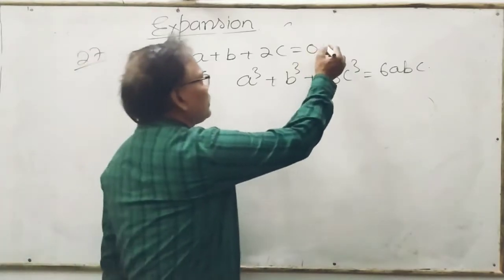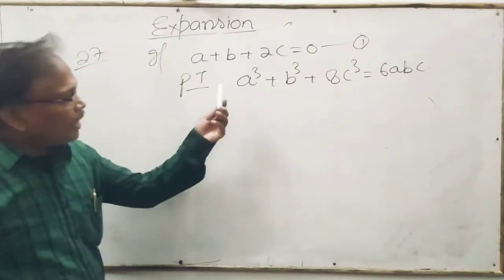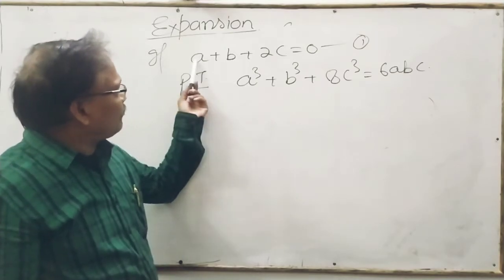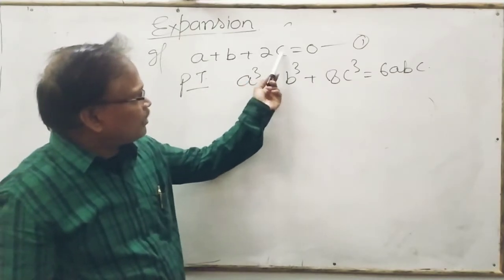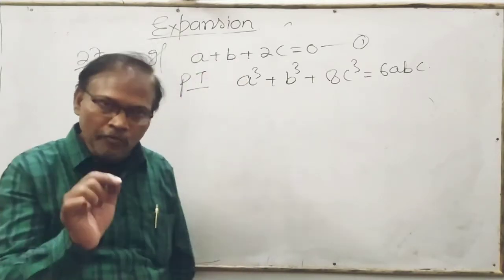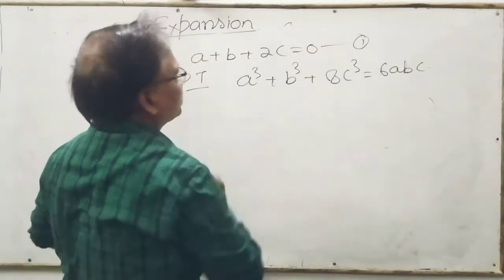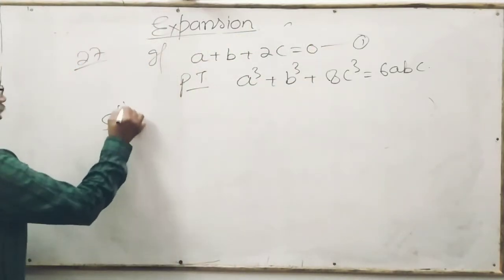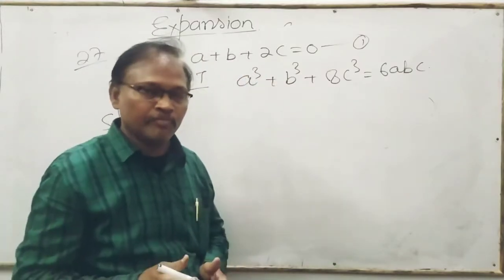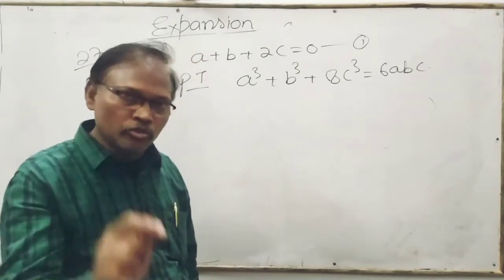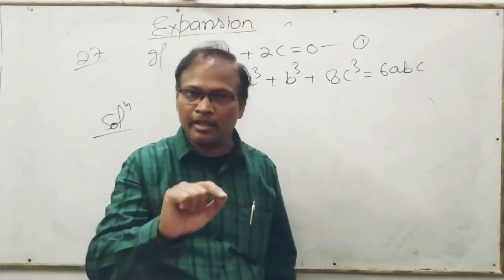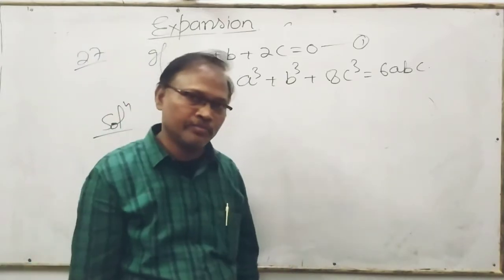And from this equation and this proof, what you can observe, there is a cube of a, cube of b and cube of 2c, but there is 6abc. If you take the whole cube of both sides of equation 1, the cube of both sides, but if you are taking the cube both sides by (a plus b plus 2c) whole cube, you will not get the answer or it will be very complicated.